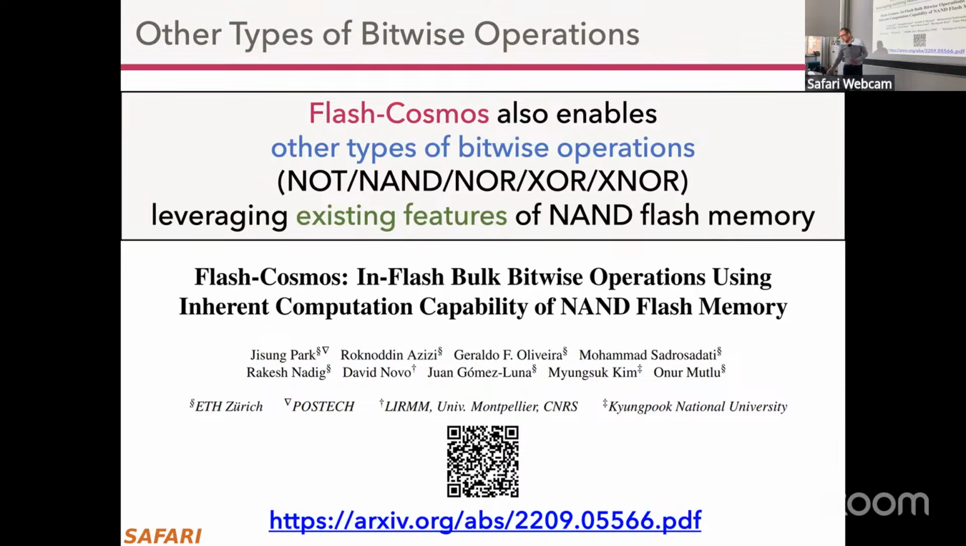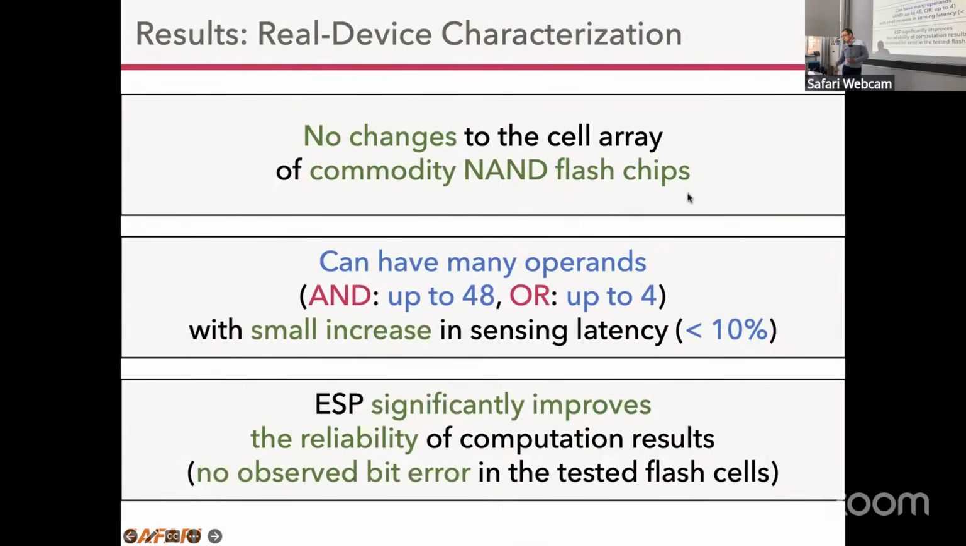So you can do essentially all functions leveraging existing features of NAND flash memory. And we verified this using a bunch of Samsung chips, state of the art at the time. Essentially, you don't need any changes to the cell array. And you can have many operands. You can do up to 48 input ANDs, up to 4 input ORs, with a relatively small increase in sensing